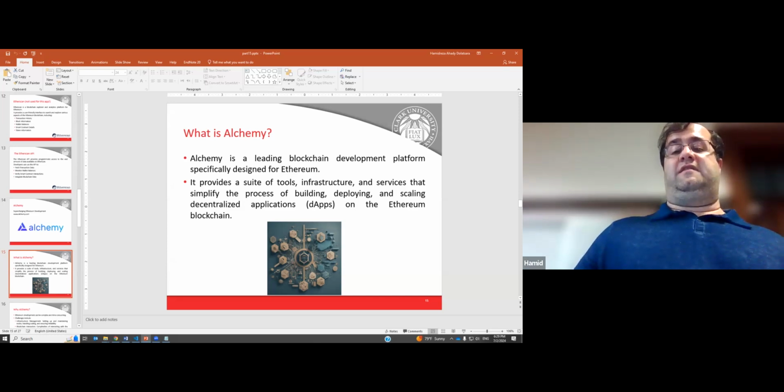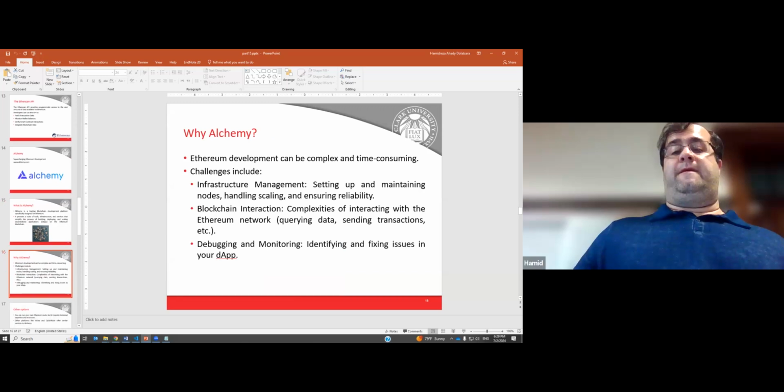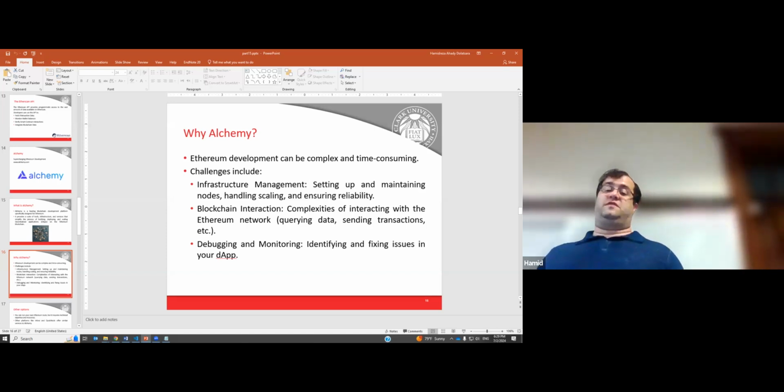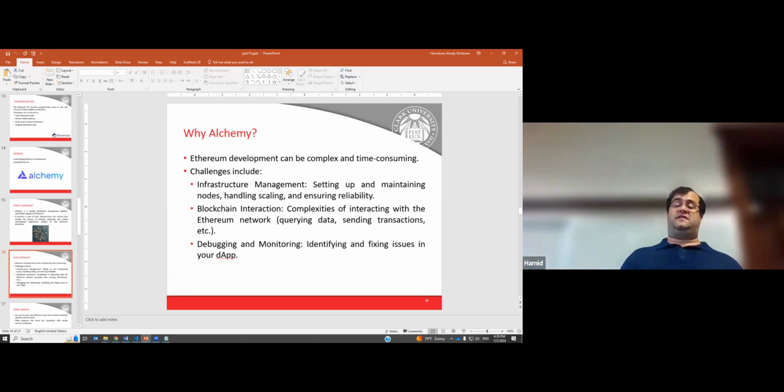So you can do a lot and get good information from your smart contract. It helps you with debugging interactions that happen on the blockchain. You can use it for getting data queries, sending transactions,